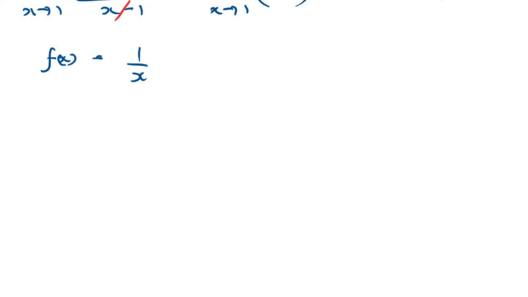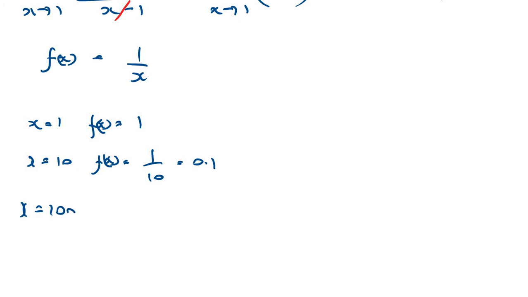Well, let's have a look. When x is 1, y just equals 1, or f of x equals 1, because it's just 1 over 1. When x is equal to 10, f of x equals 1 over 10, which is 0.1. Likewise, if x is equal to 1000, f of x just becomes 1 over 1000, which becomes